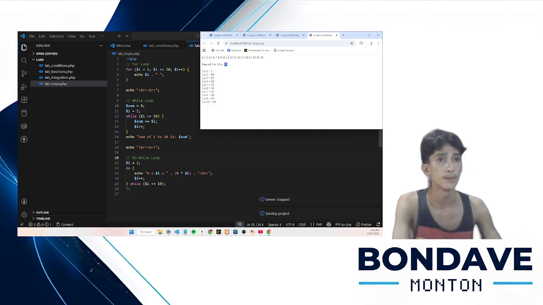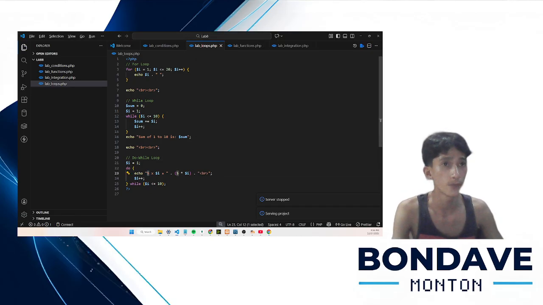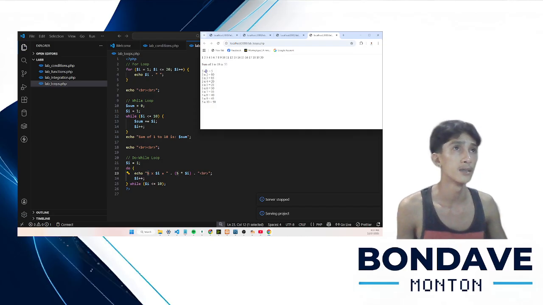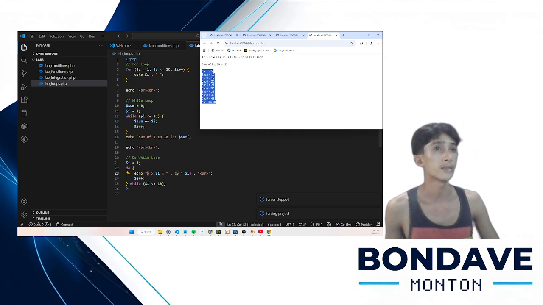If I is equal to 1, then 5 times I, which is 5 times 1, then it will loop from 1 to 10, meaning it will show 5 times 1 all the way to 5 times 10, which is this expected output right here.